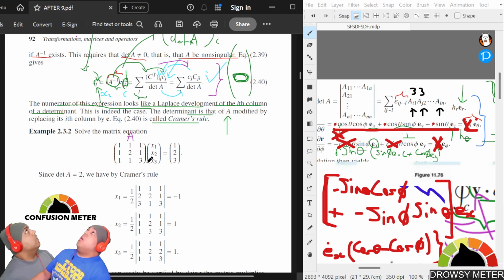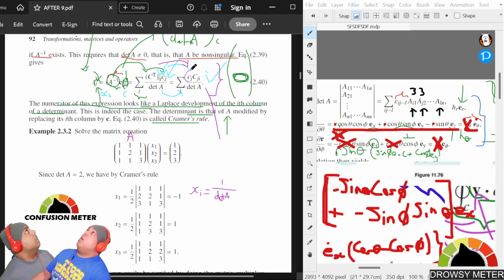We have by Cramer's rule x1 equal, well, let's rewrite this to look like this: Xi equals 1 over the determinant of A,